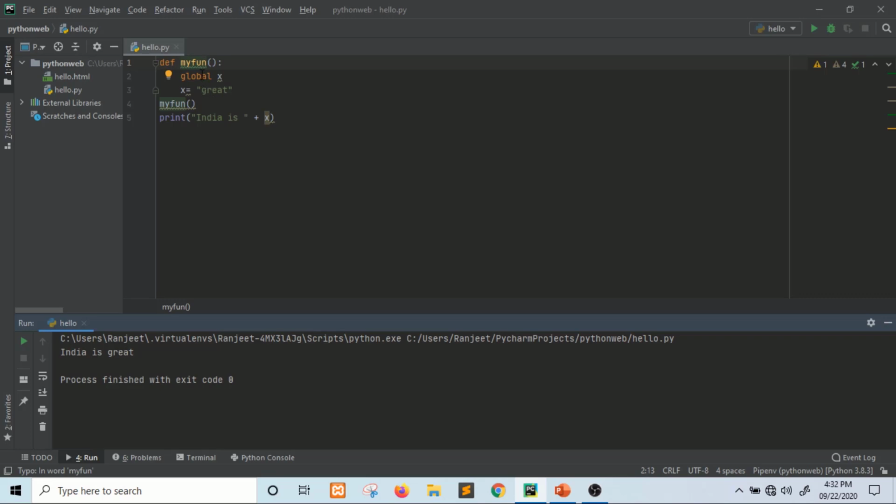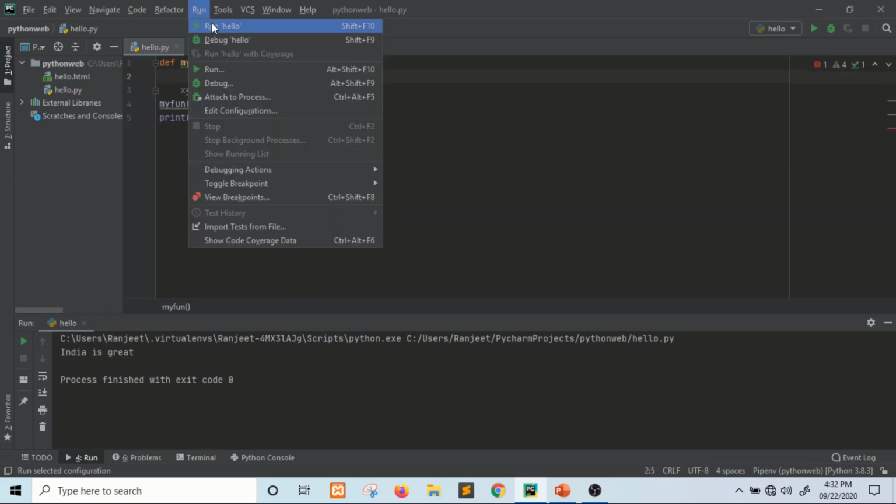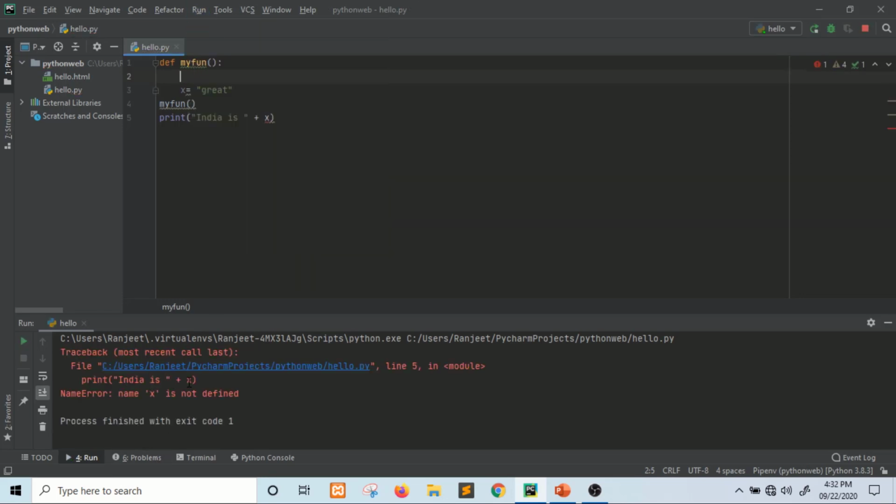Right, if you remove the global x, then run, you can see that there is an error. Name error: name x is not defined. That is the problem. In this way, you can use the global keyword.